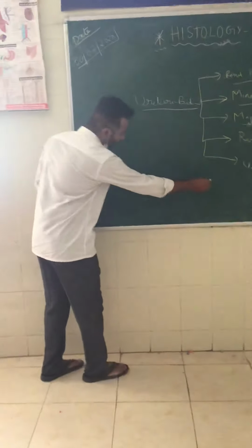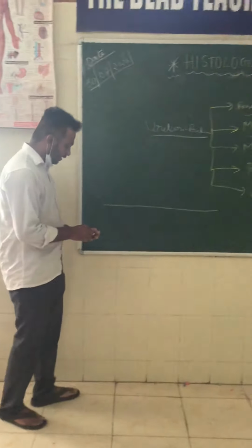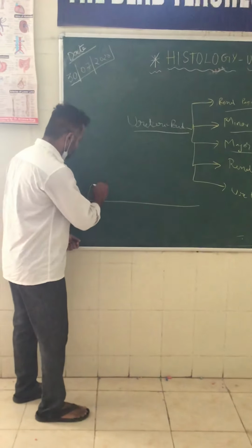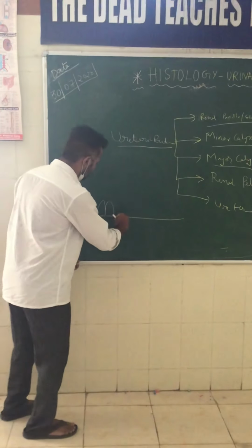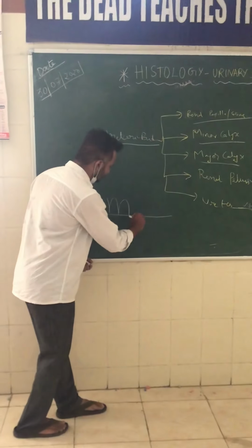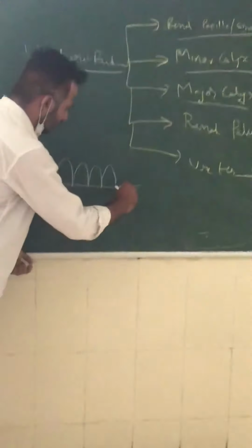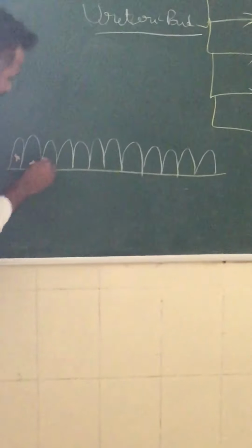So how are the cells arranged in the urothelium? Assuming it has the basement membrane, here we have several cells. The bottommost cells will be columnar in shape. It will be like a simple columnar epithelium only, so all the nuclei will be more towards the base.